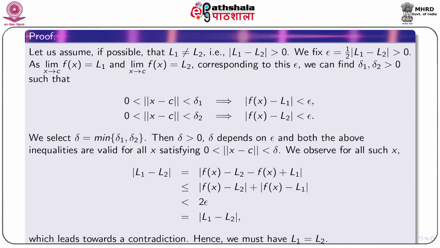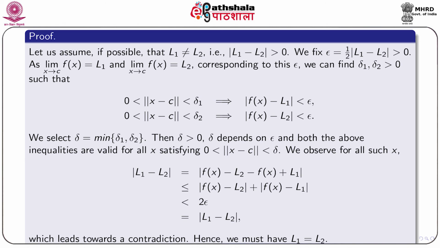We prove: if possible, let L1 and L2 be different, so that the distance between them is a positive real. We fix epsilon as half of this distance. Since the limit of f(x) as x approaches c is L1 as well as L2, corresponding to this particular epsilon,